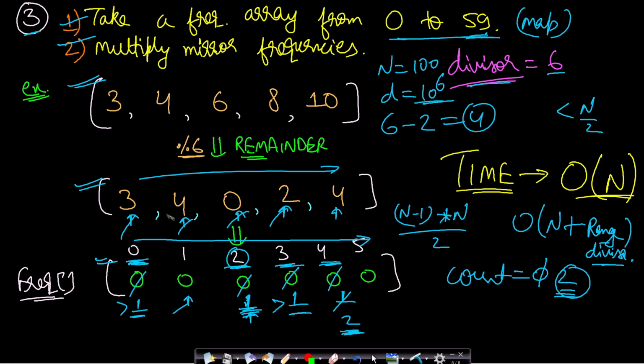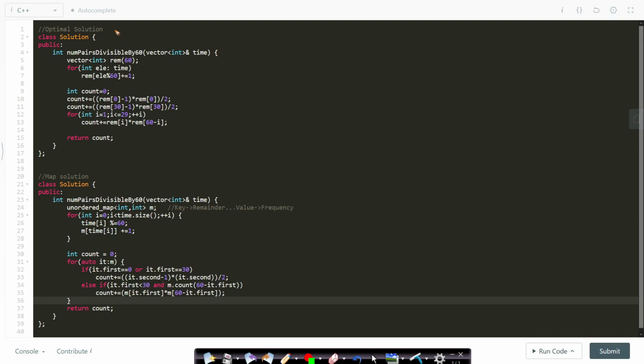Okay. So let us now look at the code for both these approaches. The first code shows the optimal solution, which is the third solution which I had shown. There basically you need to take a remainder array of 60, and then we will calculate the remainder taking mod, and this is the process. So this is calculating the special case. These two are the special case for 0 and for 30, and this is for the rest of the element calculation from 1 to 29. Okay, this is pretty simple to understand.